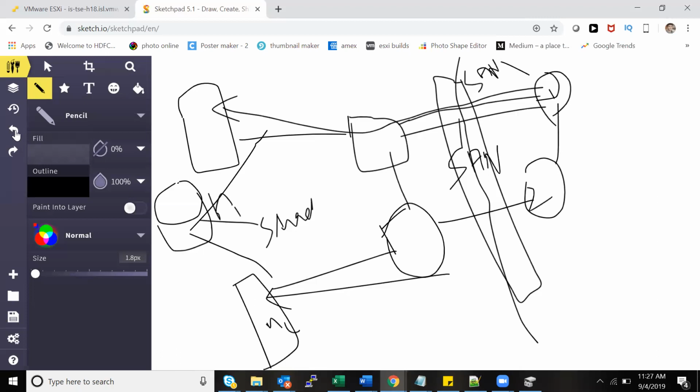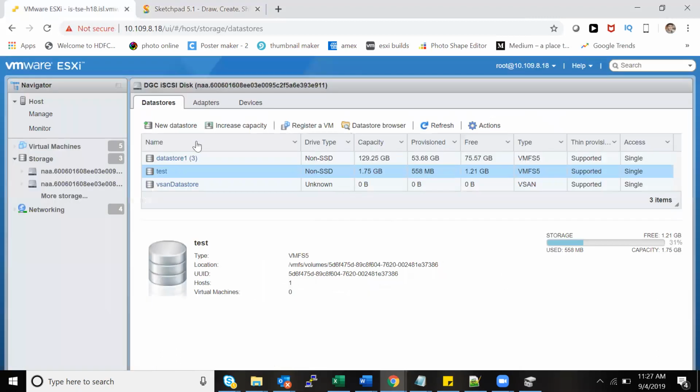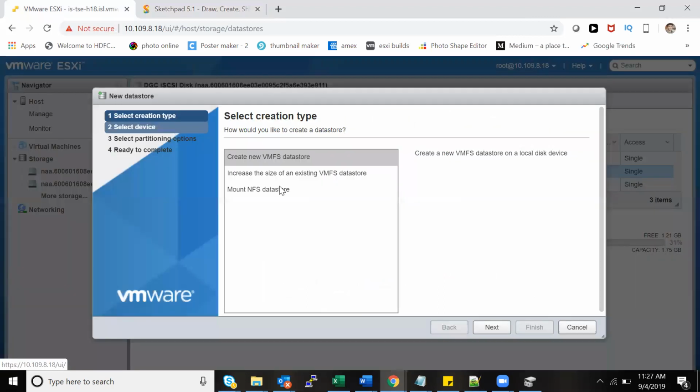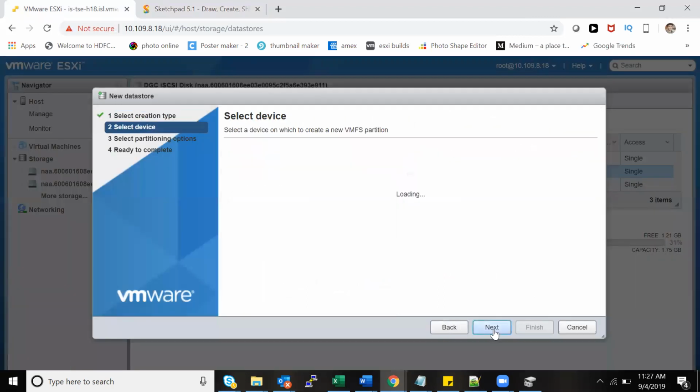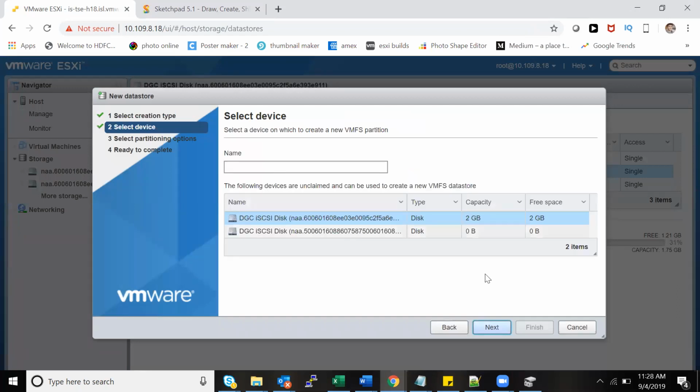One thing you can do is something called partition. If you see, I still have one LUN. I'll show you how to create that. So one LUN is still left out. During the selection of LUN, you get a partition option where you can choose the size. So if you see the capacity is 2 GB, free space is 2 GB.